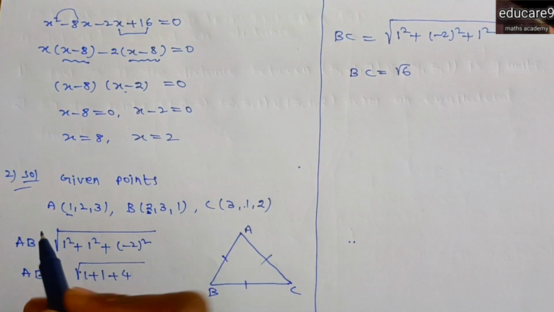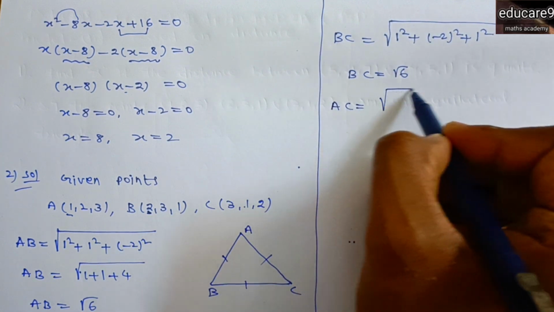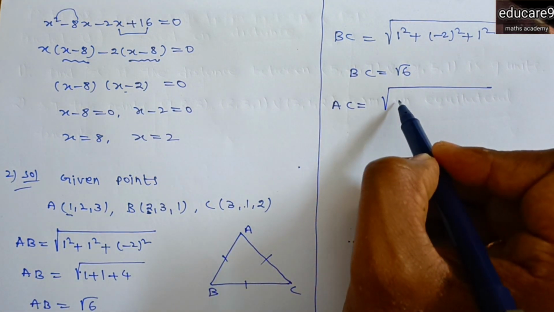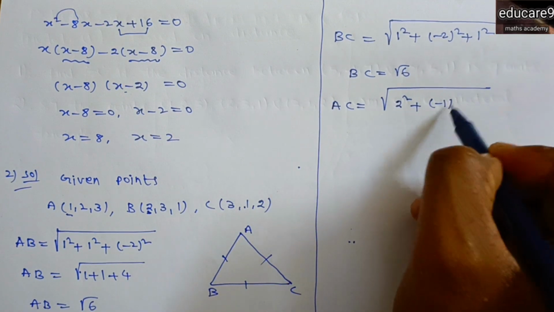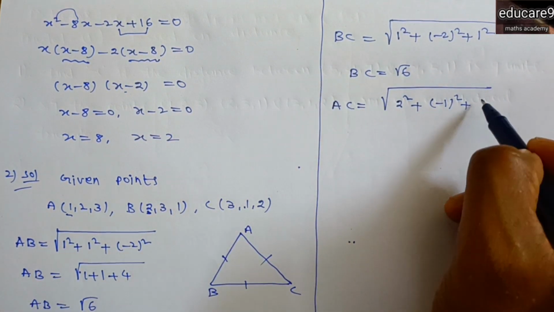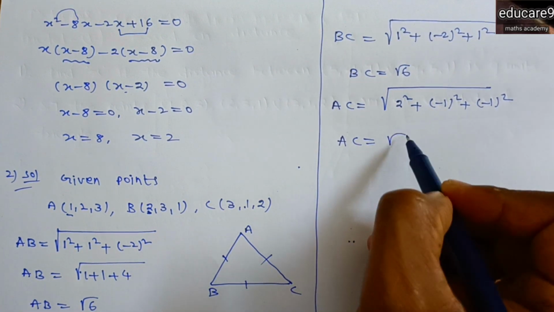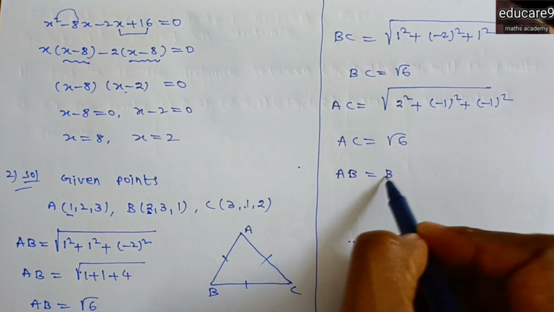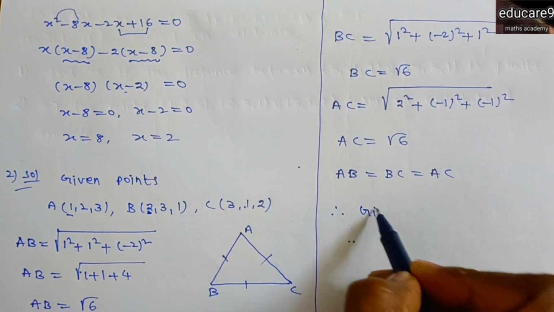Similarly you can find AC. Again square root of, we can use same formula, difference of x coordinates, 3 minus 1, 2, 2 square. Next 1 minus 2, minus 1 whole square, plus 2 minus 3, minus 1 whole square. So this is also same, 4 plus 1 plus 1, so root 6. So clearly all the three distances, AB, BC, AC are equal, which means all the three sides are equal. Therefore the given triangle